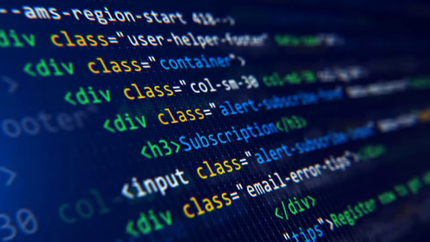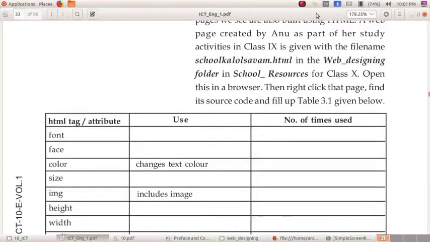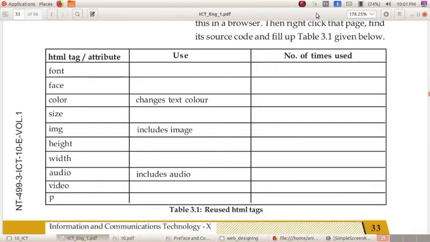Yes, body tag. Okay, so here there is a table. This table is to be filled by you. It can be filled with the help of an HTML file saved in your school resources folder.